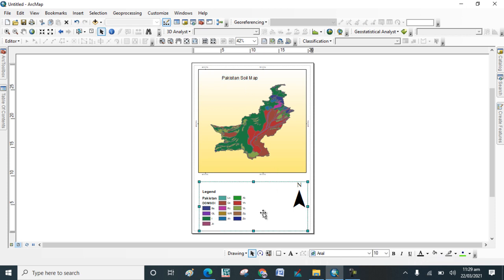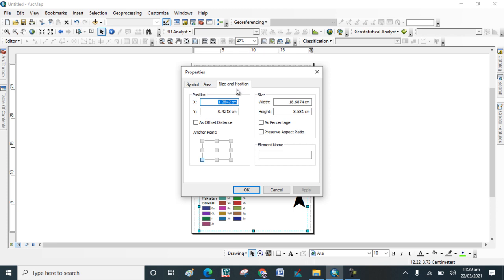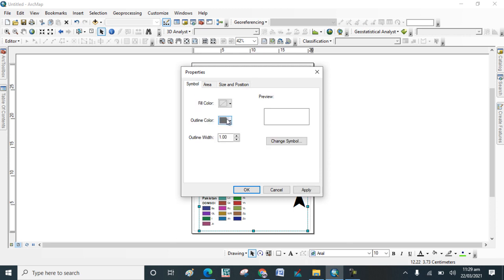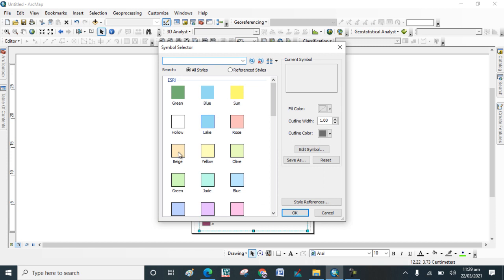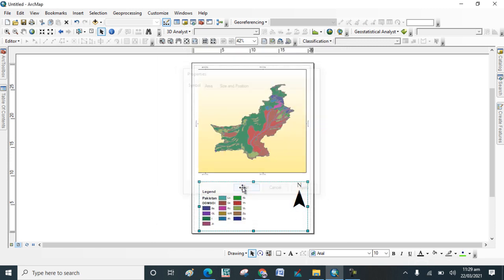Now go to here. If you want to give color to that area, here you can insert the scale bar.